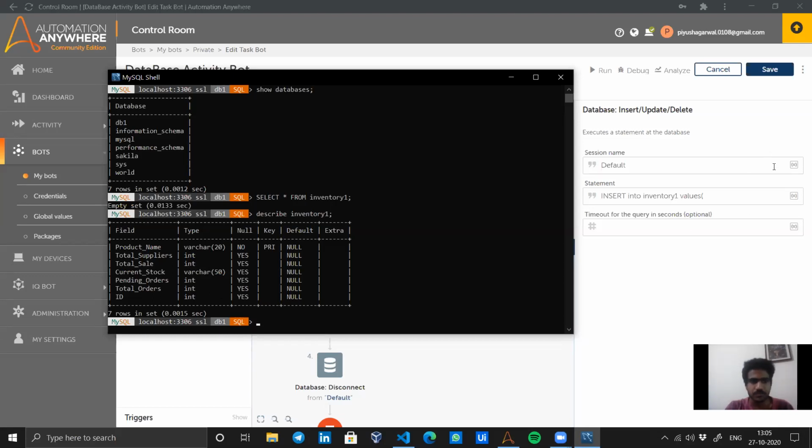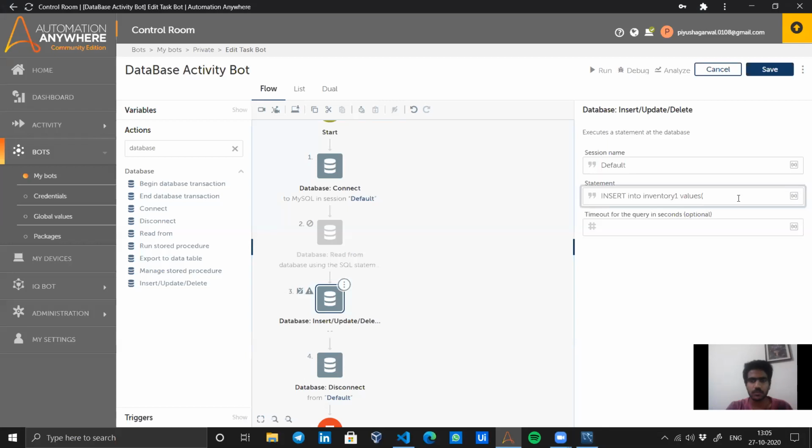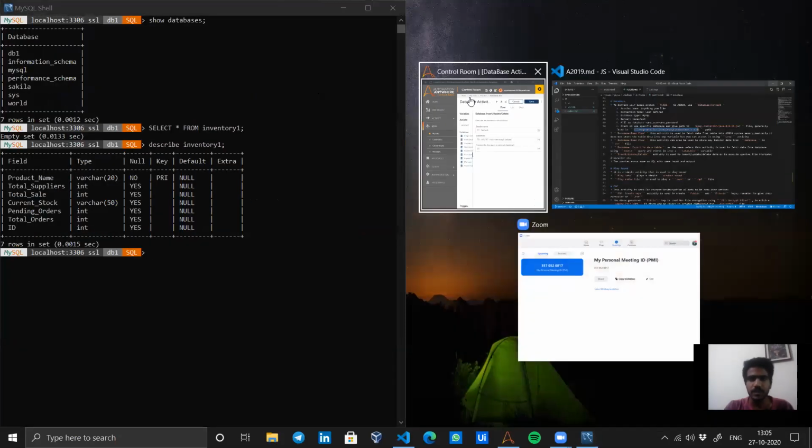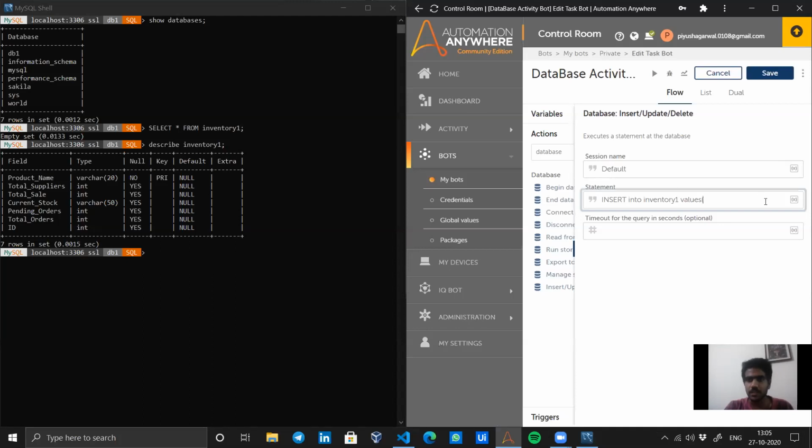Okay, so my product name, let's do this here. I've just made it work side by side. Now our product name is, I would say, just some pencils. Then I have total suppliers in integer, so I will just give 10. Total sales, probably 8.